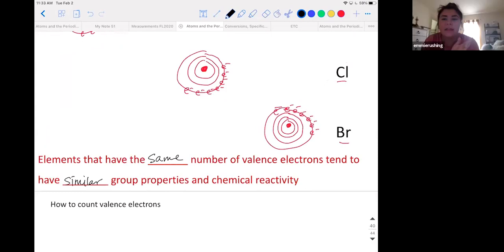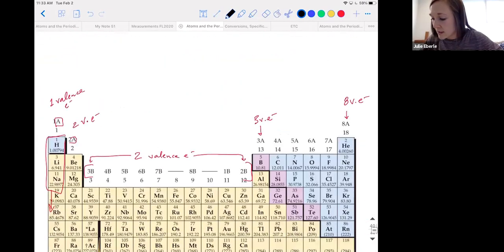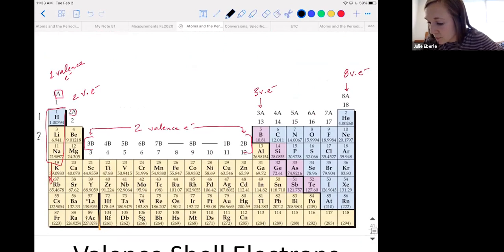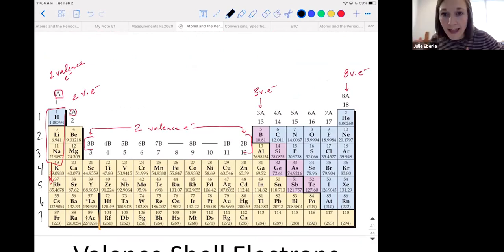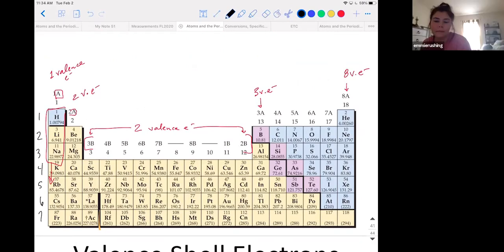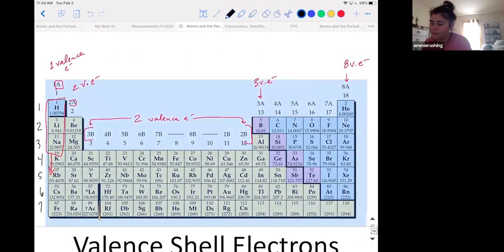Anybody? How did you say we find the layers again? The rows. Oh, you look over here, we're going to number the rows. 1, 2, 3. As you go down, you increase the row number. So you look at what row it's on. That's how many layers you should draw, how many circles you should draw around the nucleus. Okay. Great question.